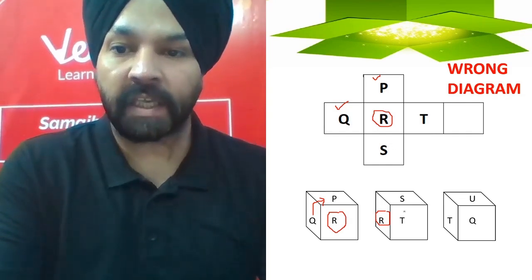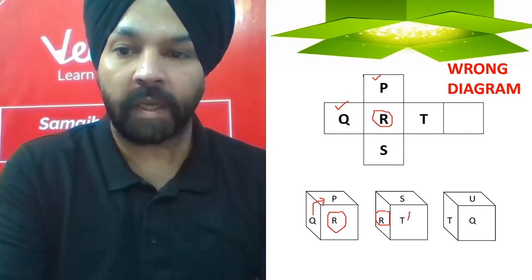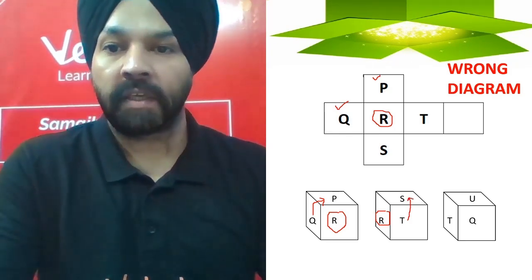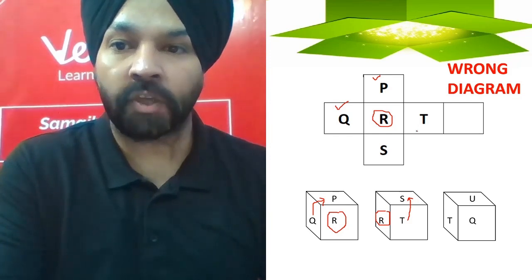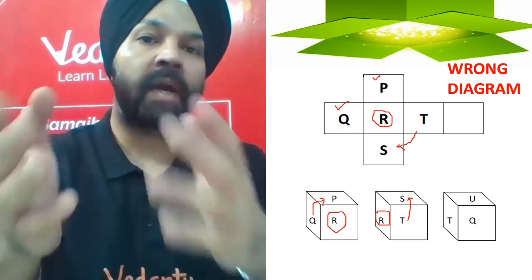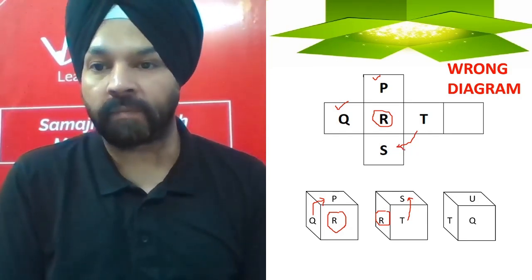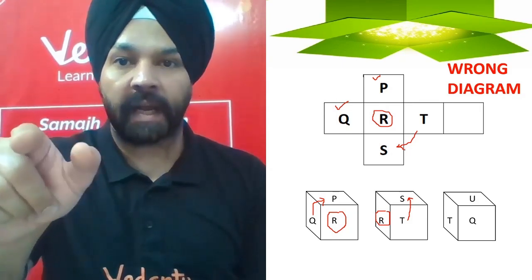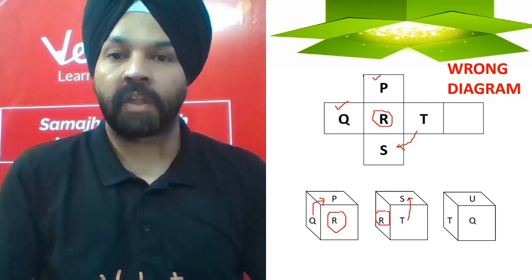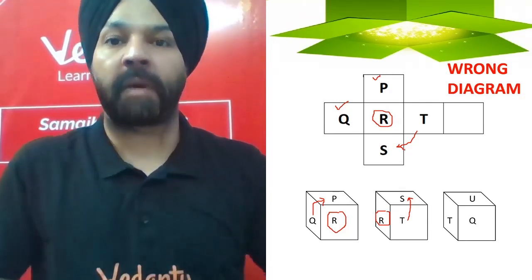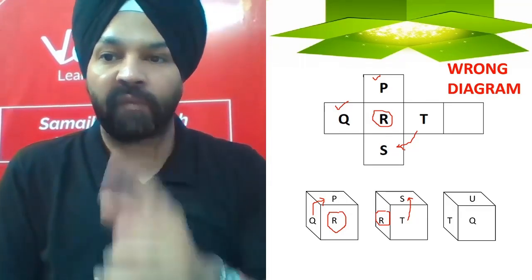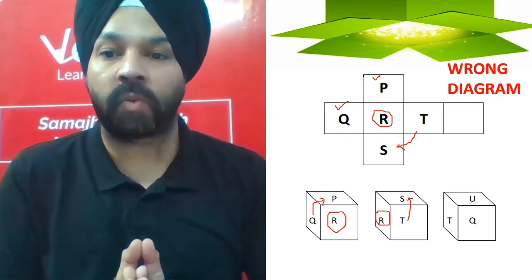In the next diagram I can see how I am moving from T to S. I am moving from T to S in this manner, whereas in the diagram what I have mentioned is I am going the wrong way. From T to S I am going this way, right? That's why this diagram is wrong. I should have placed T at a point where S is there, and I should have placed S where T is there. This is the common mistake generally done by many students, and that's why they land up at the wrong answer. Because if I follow this wrong diagram, I will say my answer to the question is S.